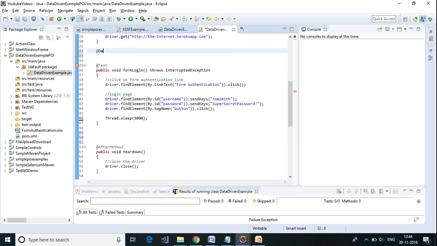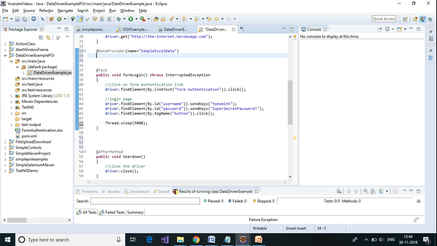Okay, so add data provider, and I've given it the name simple Excel data. Now I'm going to create a method. Since this data provider should always return an object array,